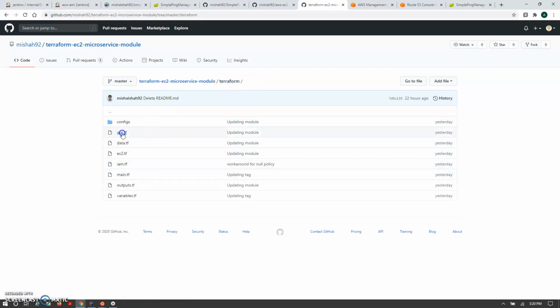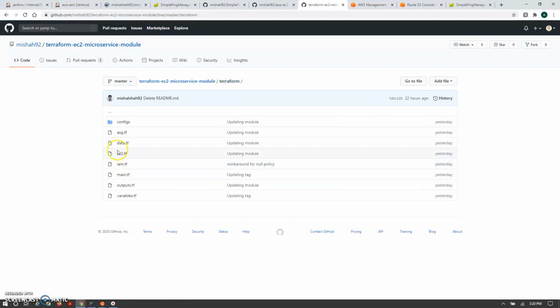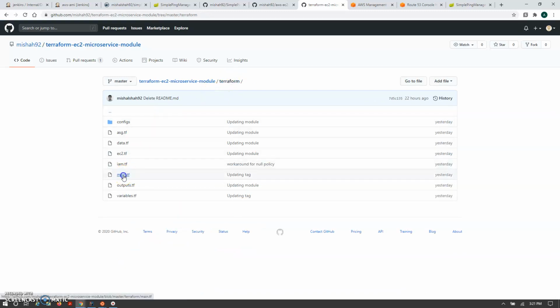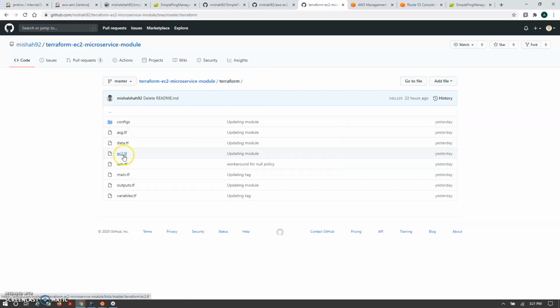Another parameter is creating the auto scaling group, then the EC2 instance and IAM configuration. So here is the profile, IAM role, IAM policy, and the policy attachment to the instance. In main.tf, it creates the prefix, and this variable we are passing to create the other resources here.